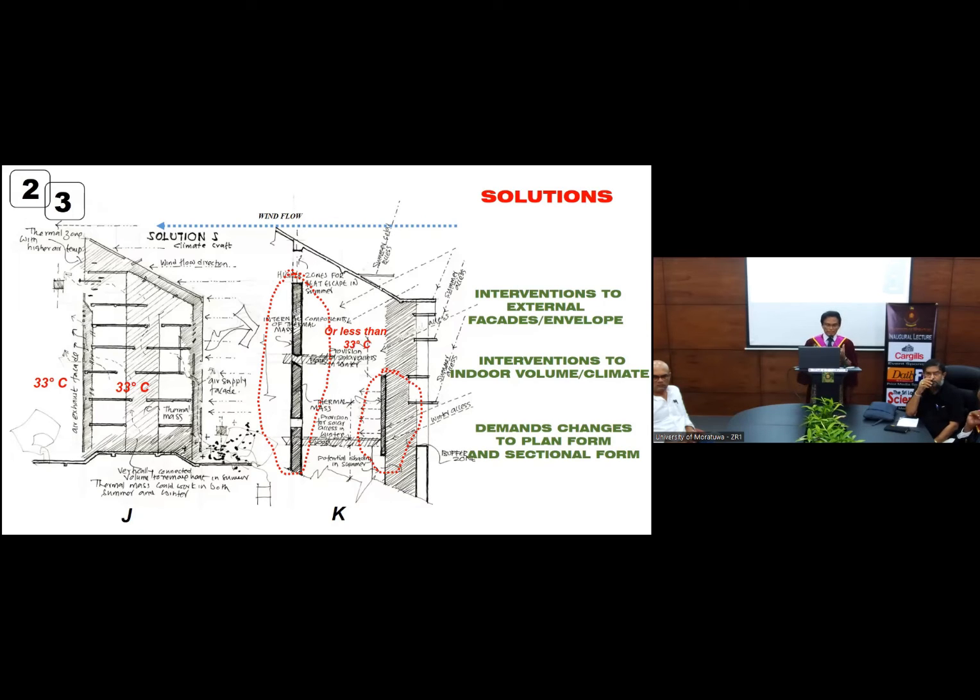Figure J shows that one option. Figure K shows a detail of that. For example, the two red circles show internal walls. These internal walls are thermal mass. When this building is ventilated at night, the thermal mass gets cooled, and the thermal mass is then ready to absorb more heat on the following day. When it absorbs heat, the internal environment becomes relatively better in terms of overheating.